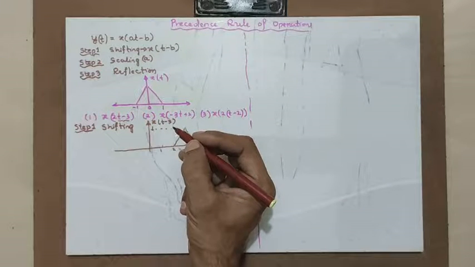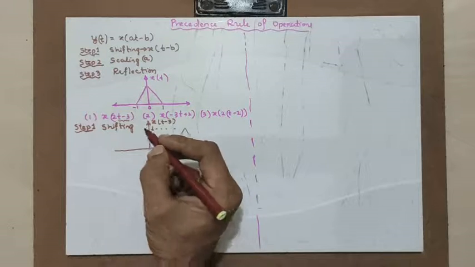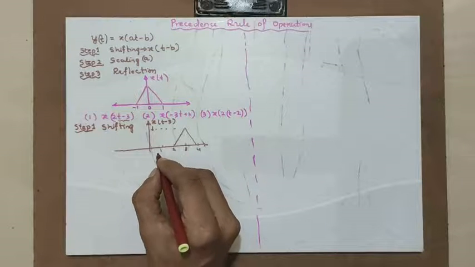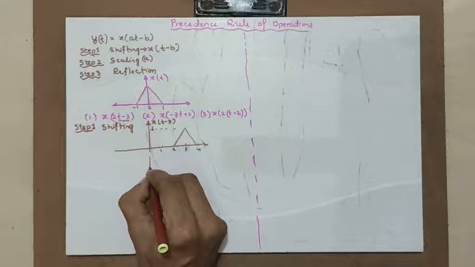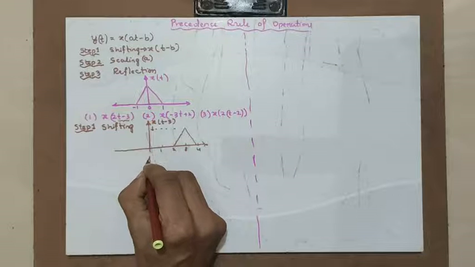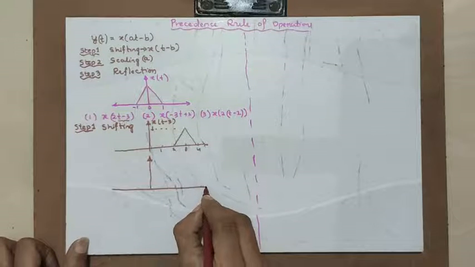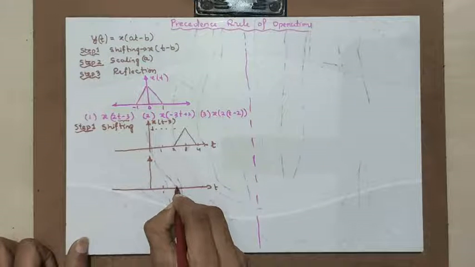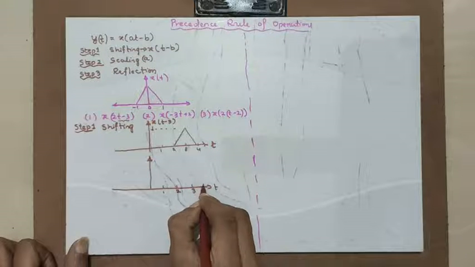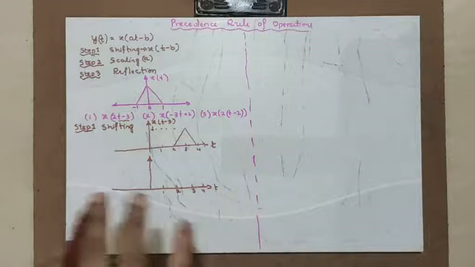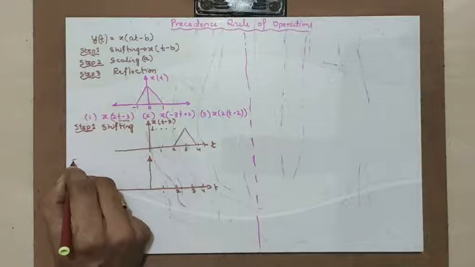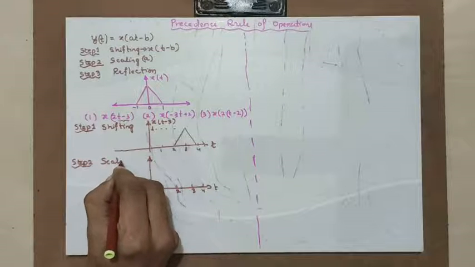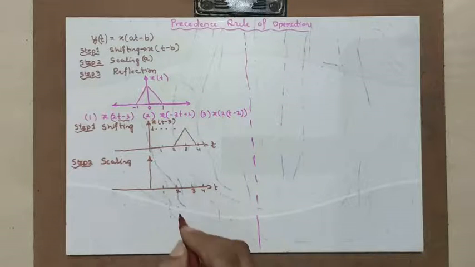After this, what is the next step? Next step is to have scaling. Scaling with the factor of 2 here. Please note, scaling with the factor of 2. Yes, you know what is the meaning of scaling. Yes, I will do it here now. This is anyway t, 1, 2, 3, 4. Now scaling by factor of 2. Step 2 is scaling. Scaling by factor of 2.